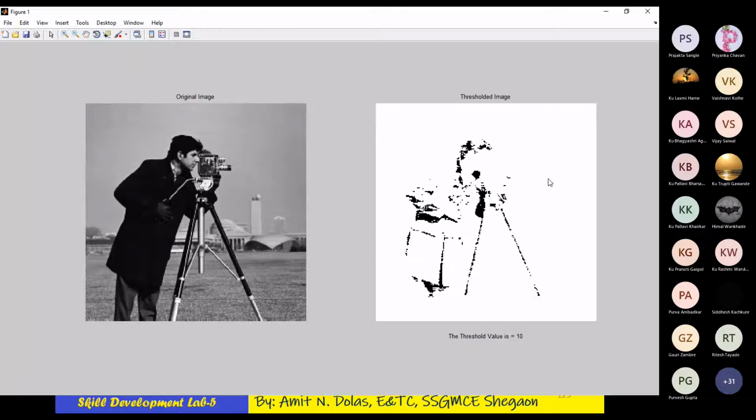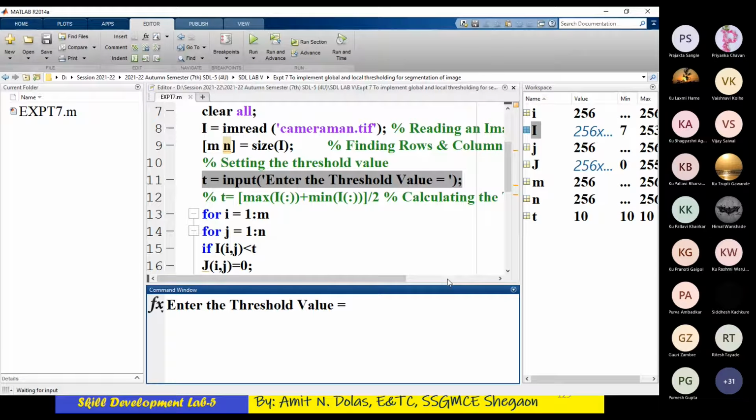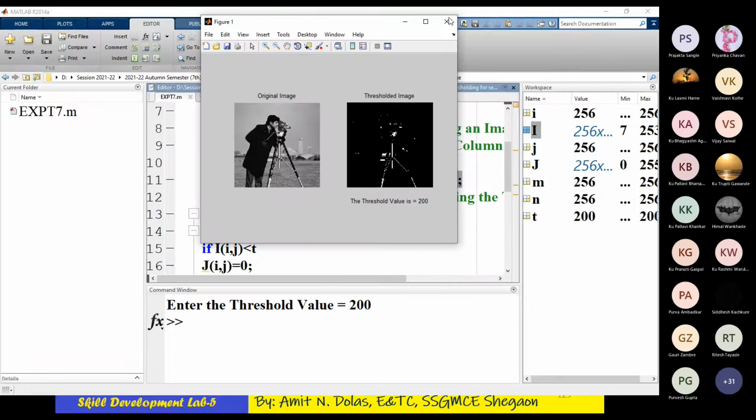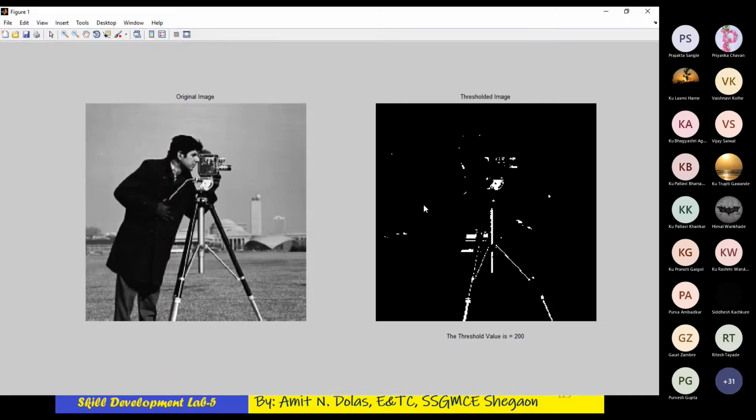If you don't know it is a cameraman, or if you show this output image to a person who has not seen the original image, can he or she predict what this is? Of course not. If you use a high intensity value, say 200, again you will lose the information. Here the information is lost with a threshold value of 200.